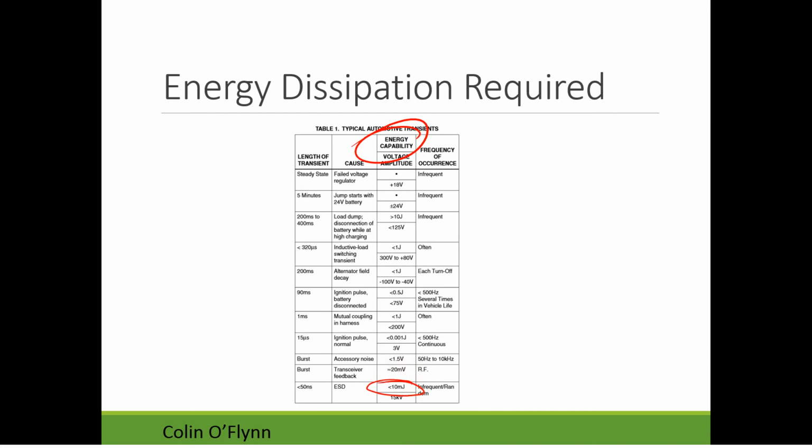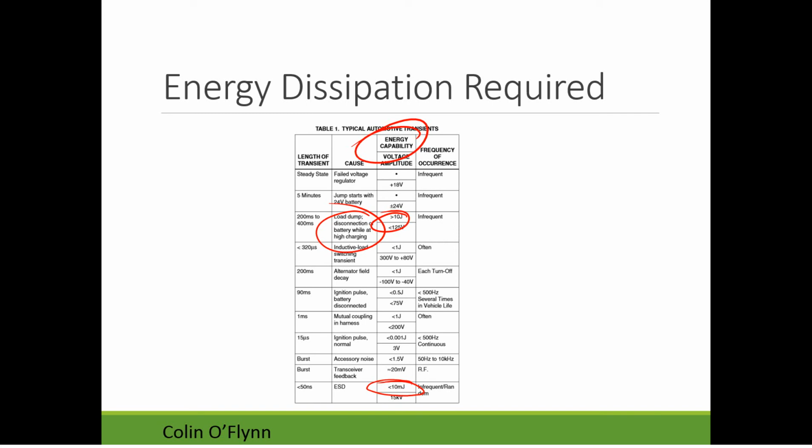They're saying 10 millijoules, which is easier to dissipate, because all of this, at the end of the day, will have to dissipate somehow, probably as heat. But something like this load dump, disconnecting the battery when it's running, could have greater than 10 joules of energy, so that's quite a bit of energy in the system.